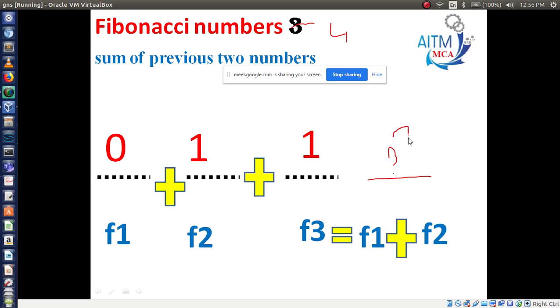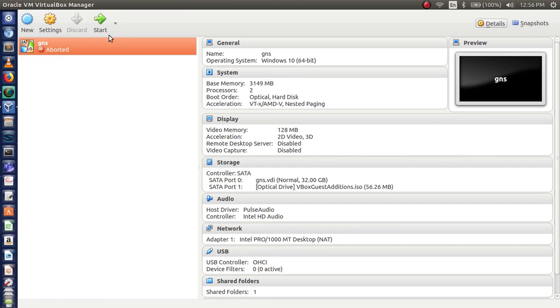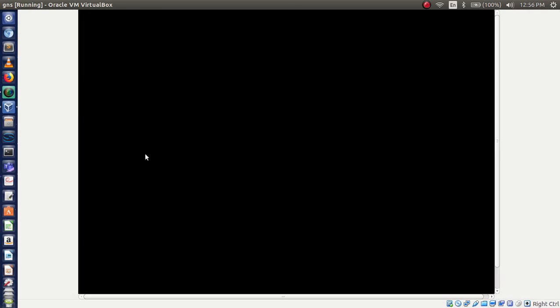What is the result? 2. If I write 5, what is the fifth number here? f3 plus f4, 3, sir. Yes. So this is the main logic to understand the Fibonacci series.